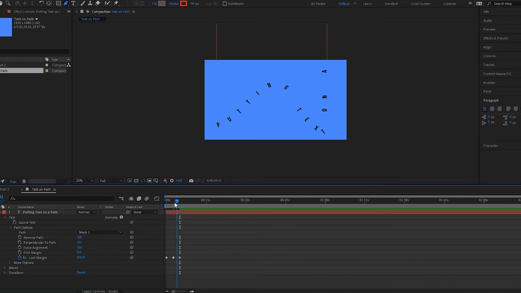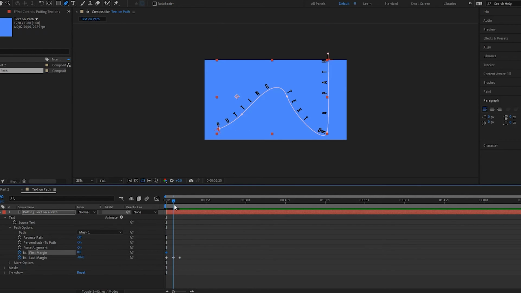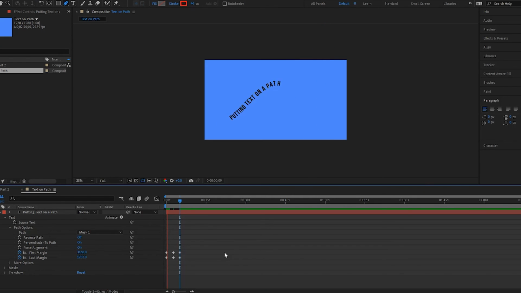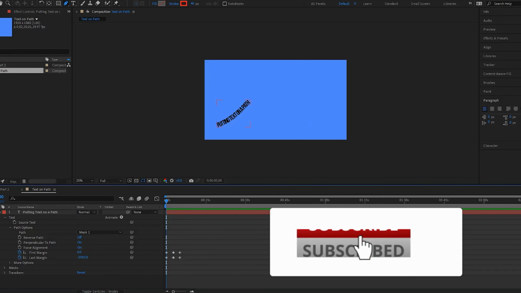And then on your first margin right here, we'll put a keyframe. We'll drag this up a little bit to something like that. And then we'll put a keyframe, just dragging it all the way out. So if I play it back now, I have this. Very simple animation, but I think you guys get the idea, and you can play around with this more if you want to. So that is how the text path works,